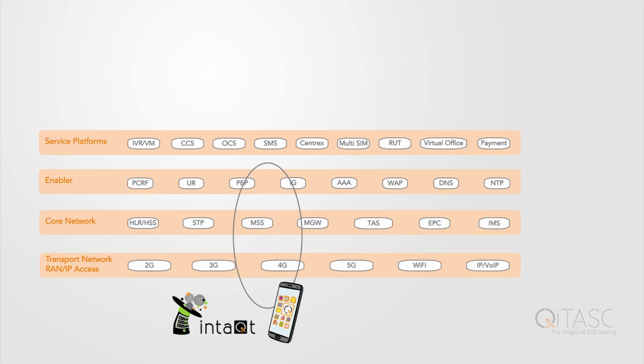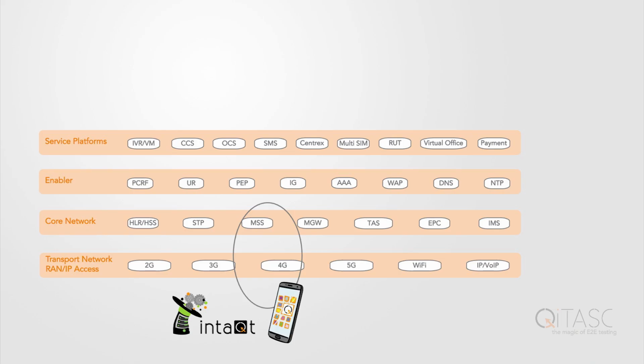And therefore, it is important that we know what is working in our lab and what is not working. And to identify this, we have a very simple approach. First, we are using phones, 2G, 3G, 4G, 5G, Wi-Fi, and we are checking them without having any services. So we are only having this radio access to the IMS core, making calls from A to B, very simple, very basic.